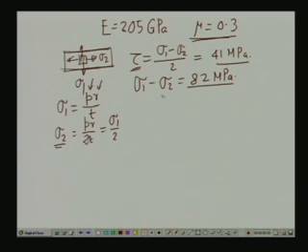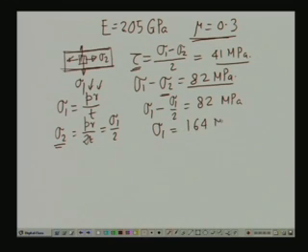If we adopt this value, we can write sigma 1 minus sigma 1 by 2 equals 82 MPa. So, sigma 1 is equal to 164 MPa. This is the value of the circumferential stress, and thereby the longitudinal stress is half of that,